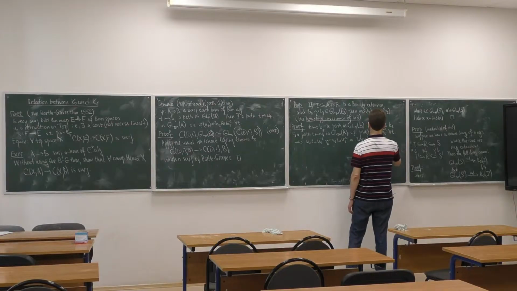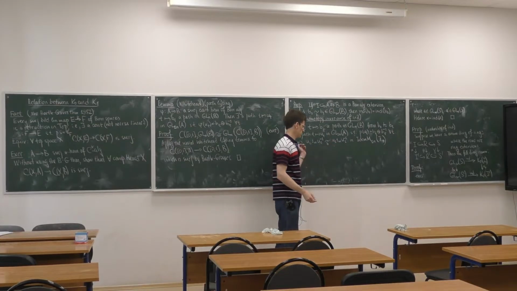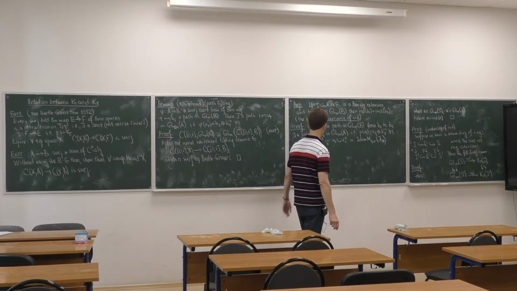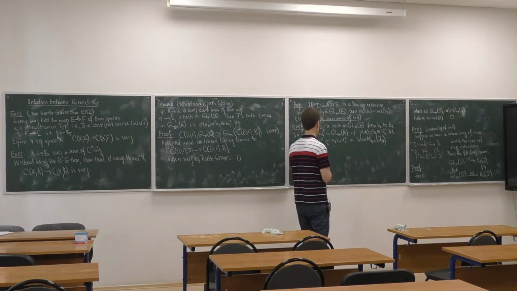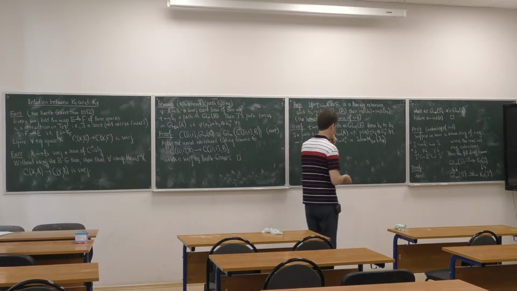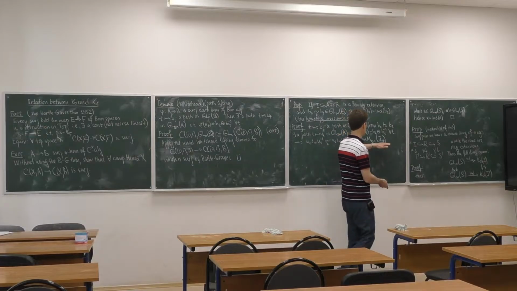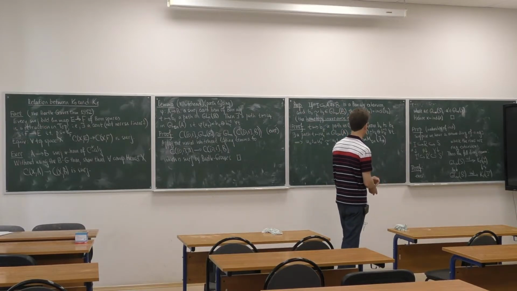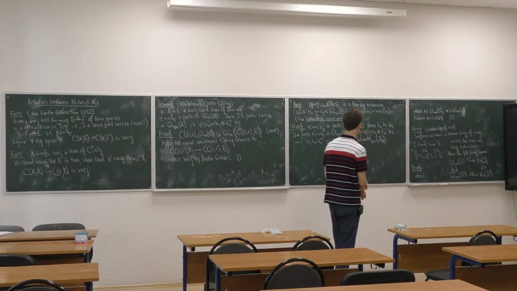Indeed, U0 is homotopic to U1, so we simply multiply the respective homotopies and get a homotopy between these two idempotents. And by the way, this homotopy will be contained entirely in the idempotents over I plus, because every U_t projects onto a diagonal